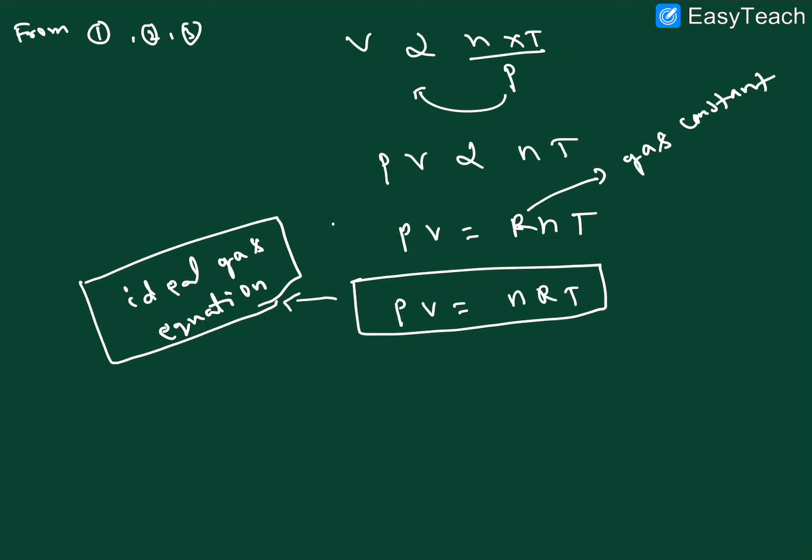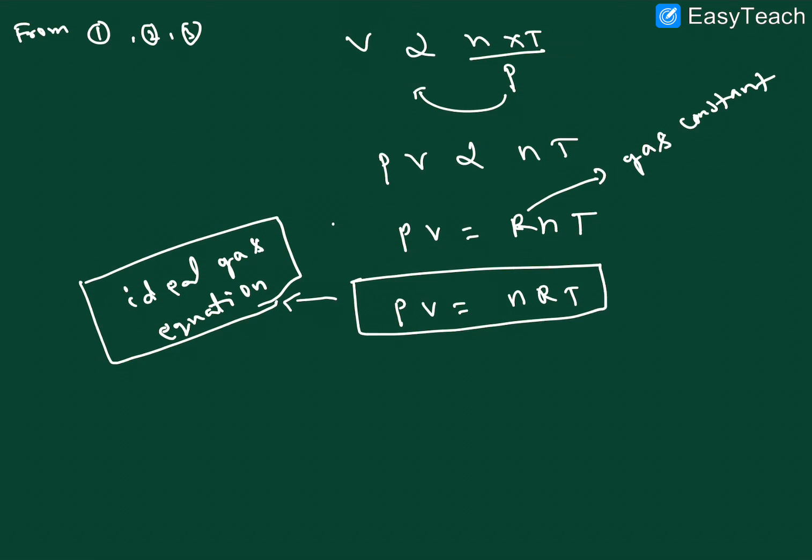Here n is the number of moles. This equation is applicable for n number of moles. If it is 1 mole, what happens? PV is equal to just RT, right? So it's a simple relation. This is one condition. Taking T to this side, the formula is PV by T is equal to a constant. Later I will explain what R is and the value of R, very clearly.